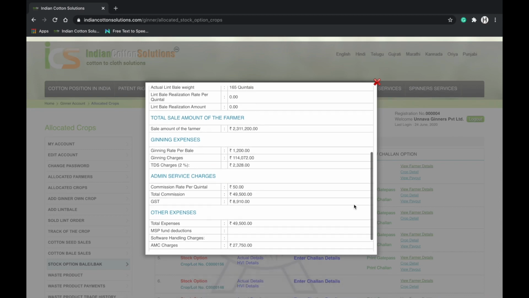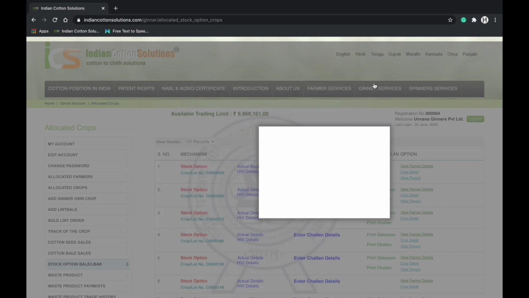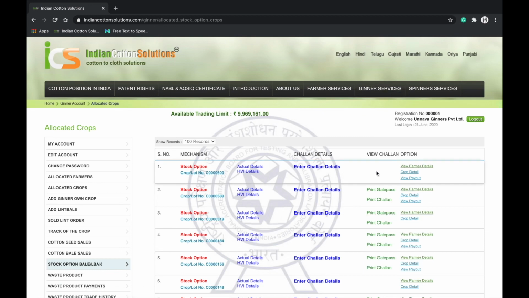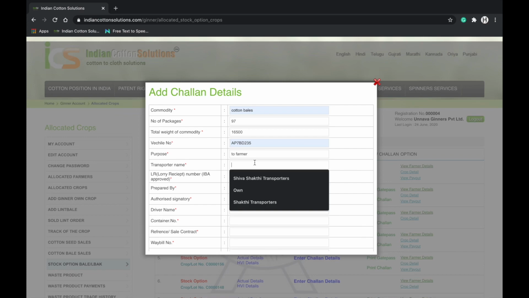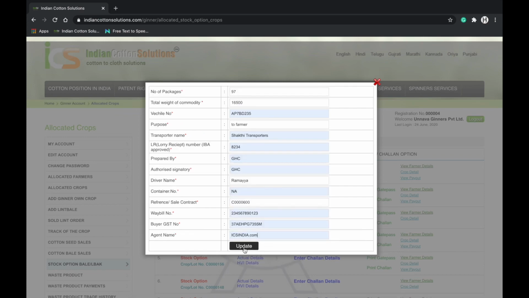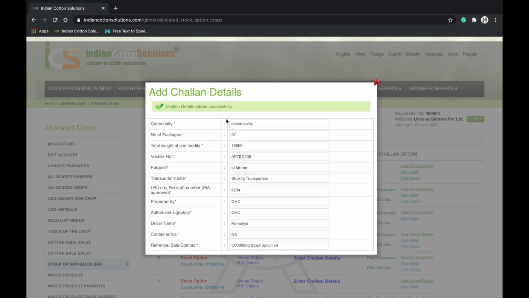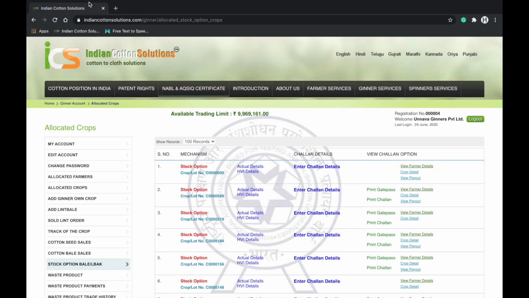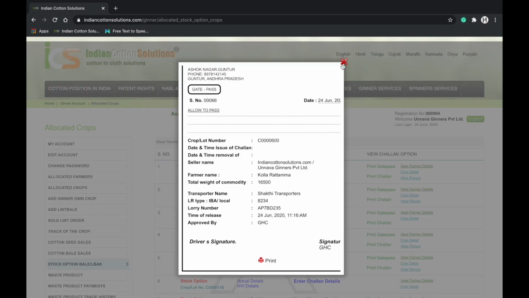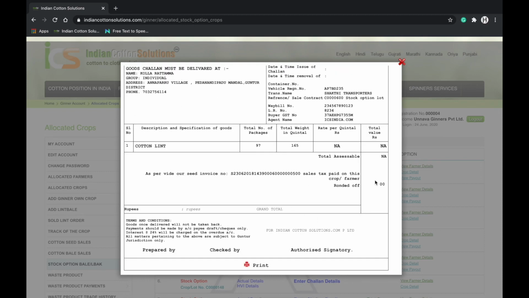Next, the challan and gate pass details are to be entered for the system to generate them as seen on the screen. It is to note that there will be no TTN generated for stocking the bales. Hence, the crop number must be used as the reference number. If needed, refresh the page to see the generated challan and gate pass.